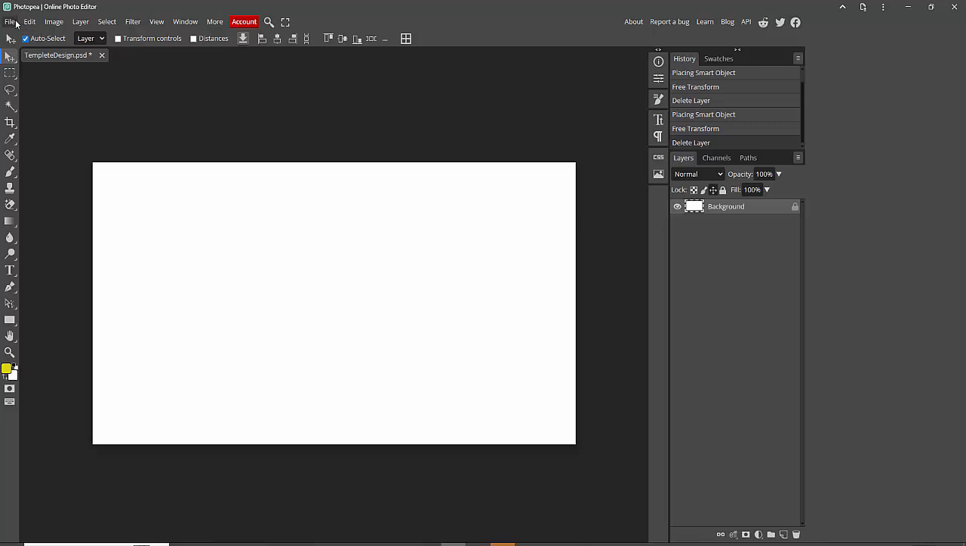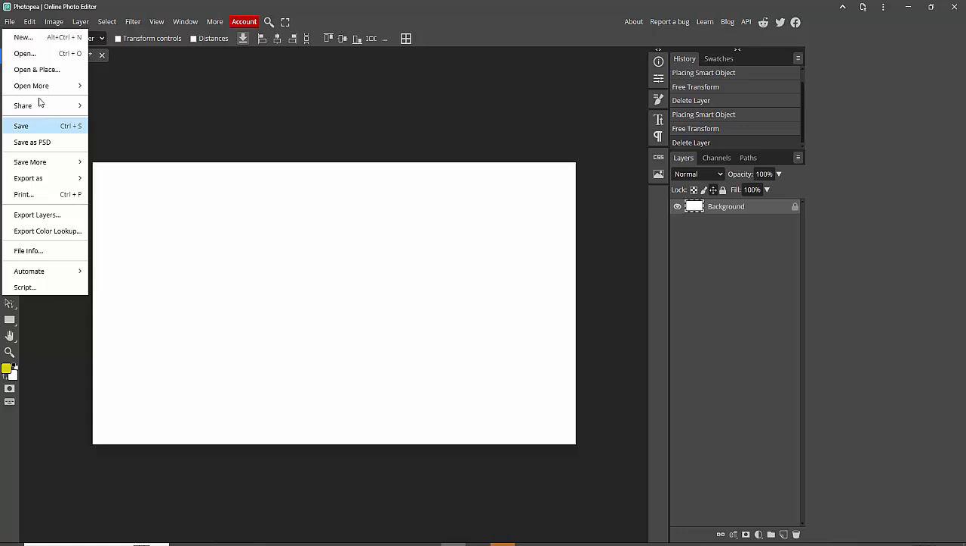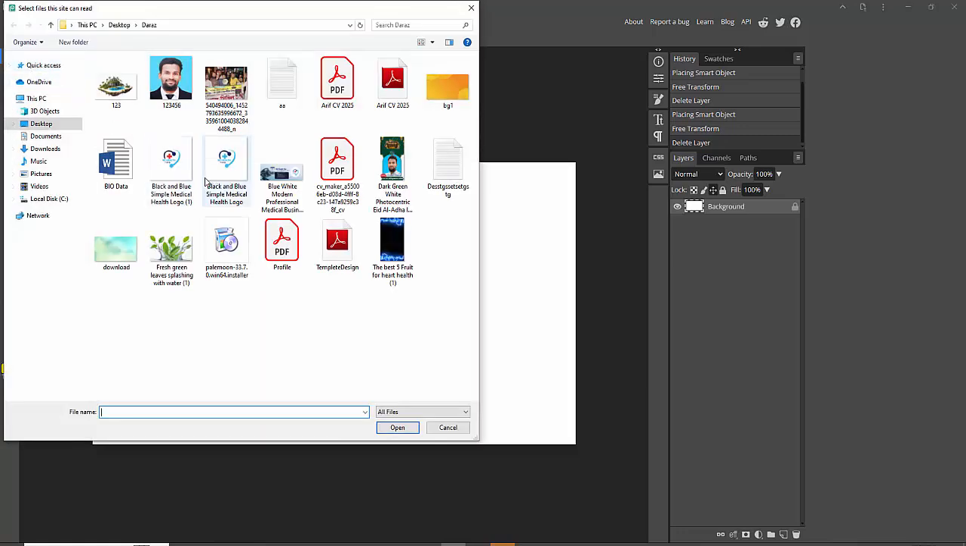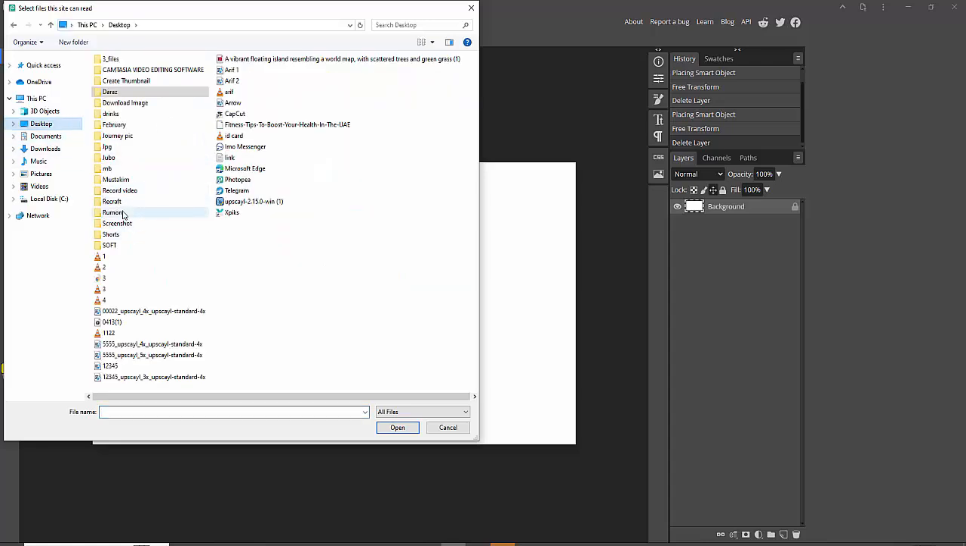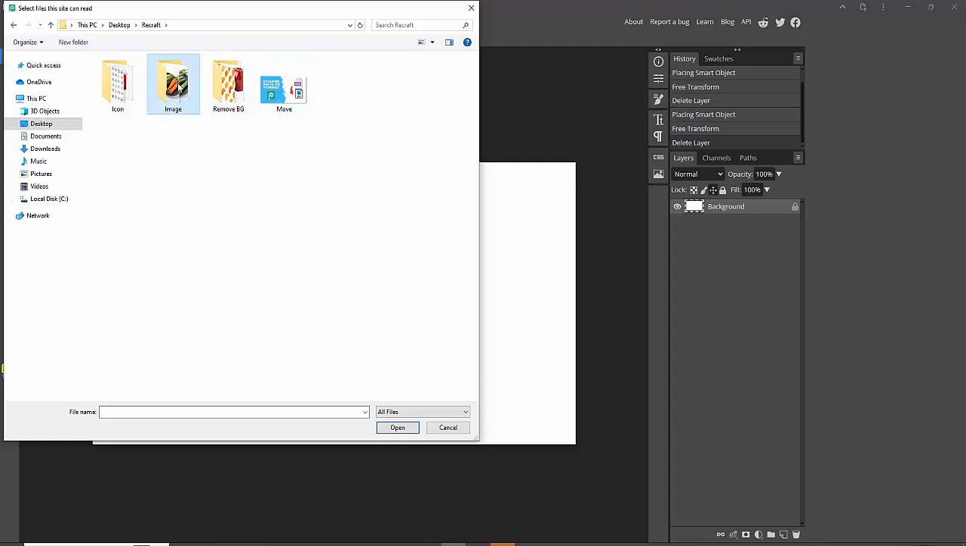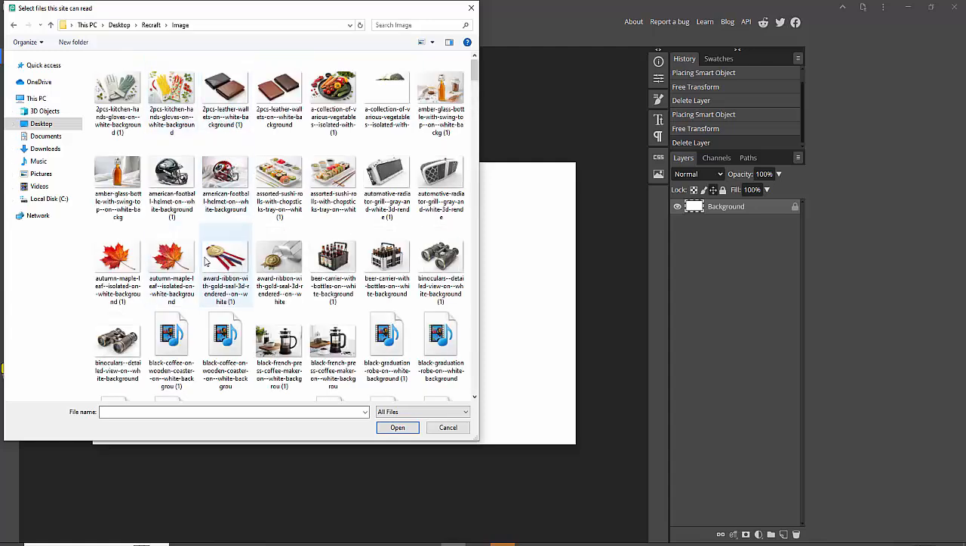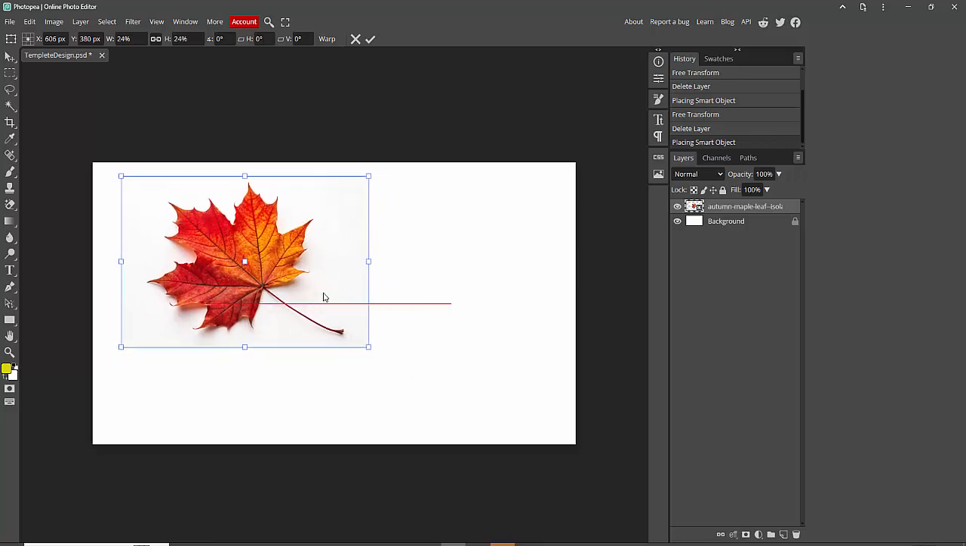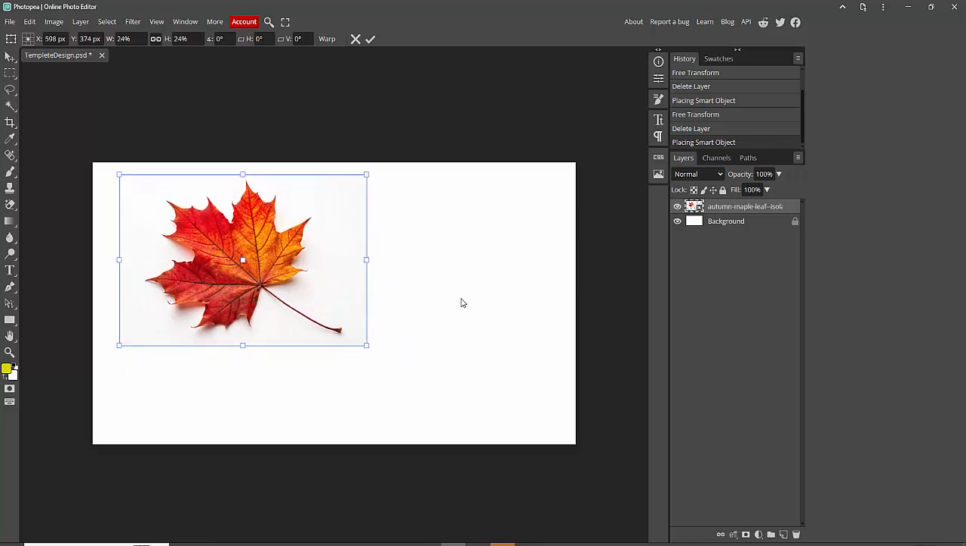Now go to the File menu option, then click. Now click on the Open and Place option. Now click. Now we can see, then we find our picture. Now we select the picture. Now click the Open option. That's it. Now you can see copy and paste